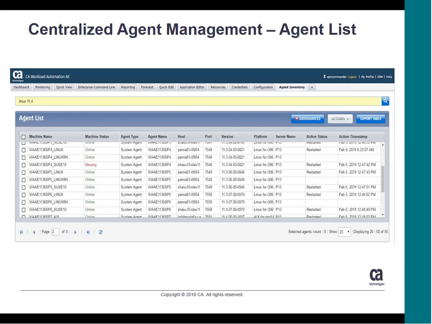It allows you to search on the entries, like you may want to see all the agents which have, say, advanced integration as Hadoop, or maybe you want to find all the machines which have PeopleSoft as a plugin. You can type in the name in the search bar, and it will list all the machines that